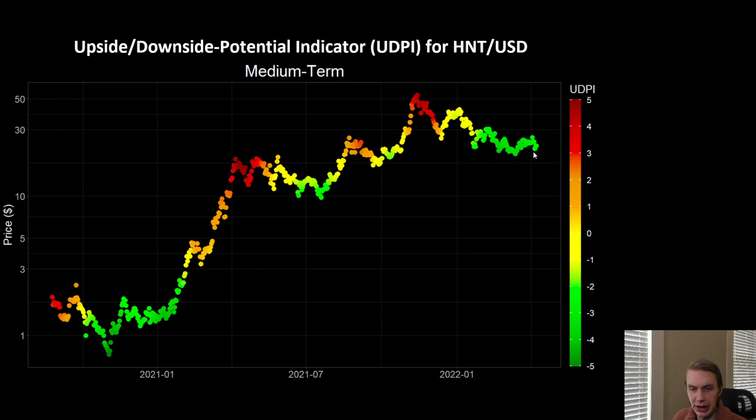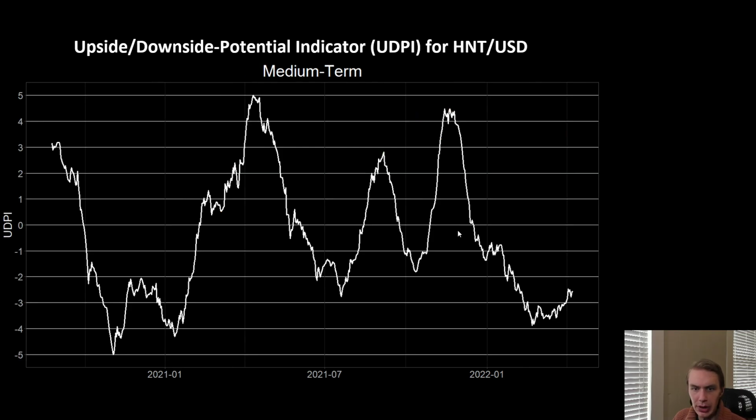One of the things that stands out about HNT right now is that it's at quite a bit lower level than a lot of other assets. I'm showing you here the medium-term UDPI. This is reactive to moves that play out over weeks to months. I'll show you the long-term as well, which cares about moves that play out over months, as well as the short-term, which cares about moves that play out over days to weeks. It's pretty low compared to other assets that we're monitoring, right? The medium-term UDPI is sitting just above -3. So quite a bit more upside than downside potential that the model thinks is realistic in